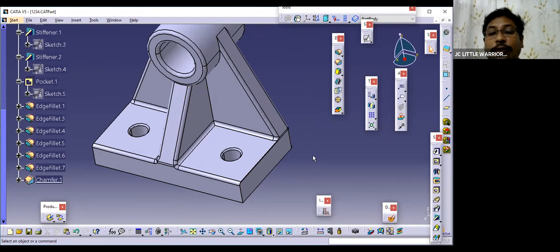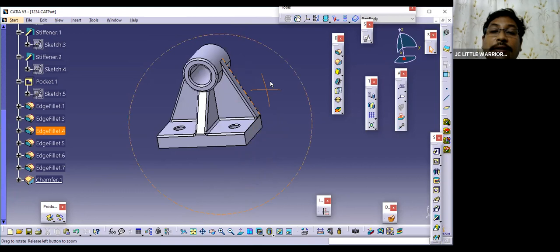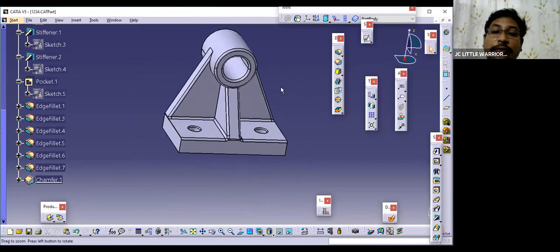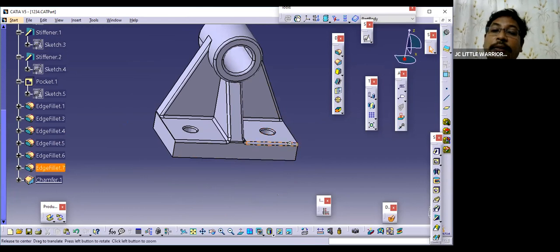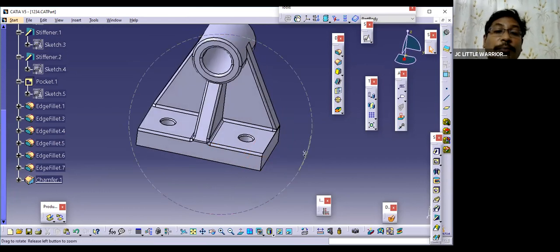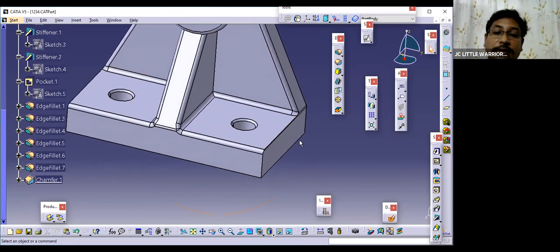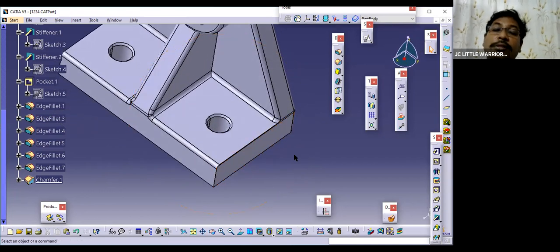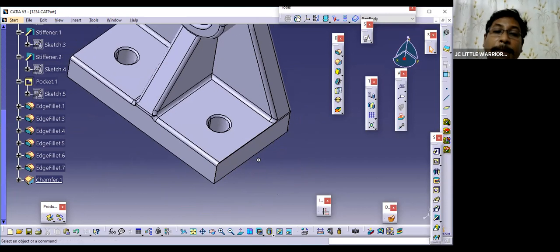Okay. So what is GD&T? We can see it's a vast subject. Again, it's a big subject, and we can see how GD&T is given. GD&T is geometrical dimensioning and tolerancing, and how it should be controlled. If a hole is given, how much is the tolerance given? Okay, what is the allowed tolerance? All those things we can see in the GD&T. Okay, so